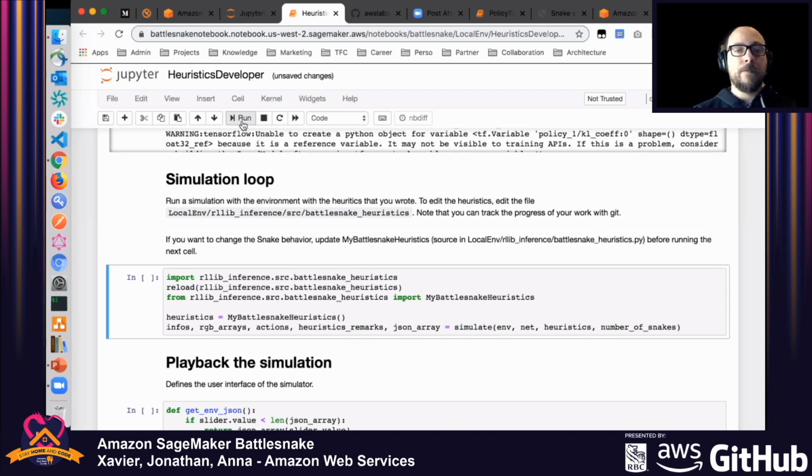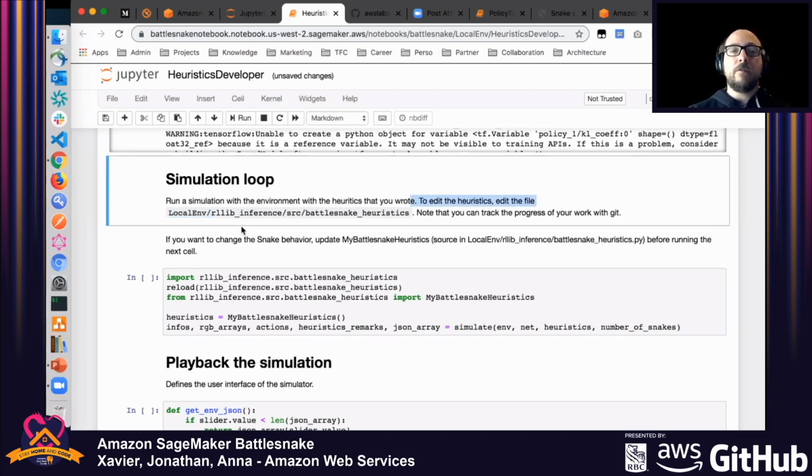Okay. So here, it's just important to have in mind that this Python file will be loaded: localhost rlib inference src Battlesnake heuristics. This is Python source code which contains the heuristics themselves. So if you want to tweak the behavior of the snake, this is the file you have to edit, and